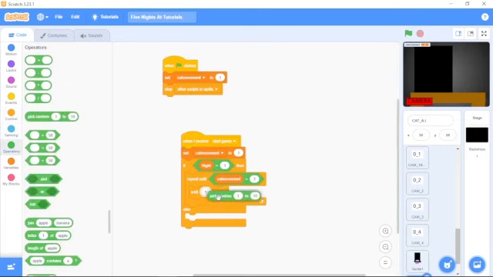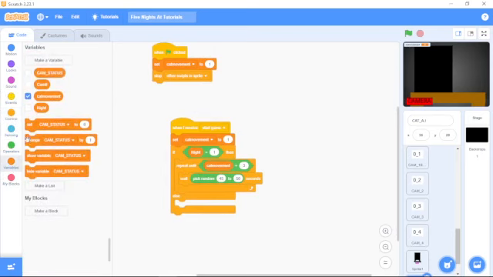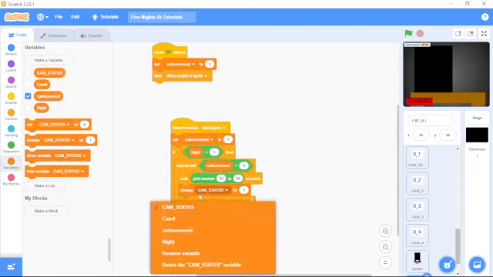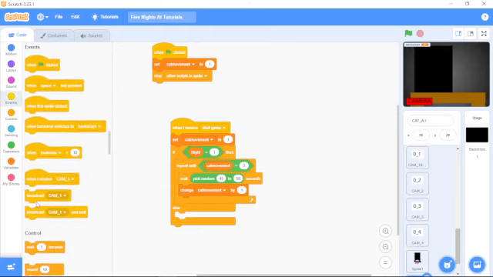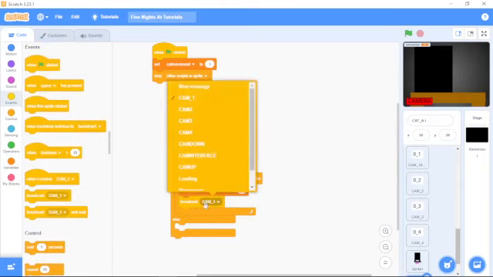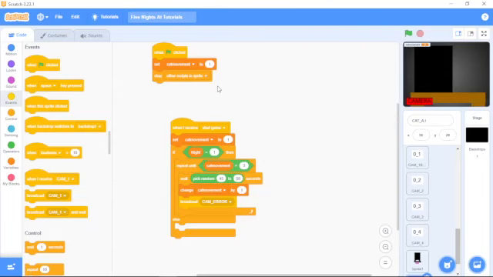Wait, pick random. What's a good night speed? 45 to 50 seconds. Change cat movement. And then I'm going to make a new message. I'm just going to call it cam_error. Because you know FNaF, Five Nights at Freddy's, they like